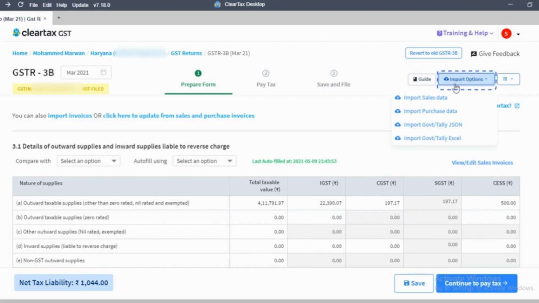Users can import the sales purchase data via government template, ClearTax template, or by using Tally Connector, Tally Excel, e-commerce template, type in and copy paste, or by using their own template and custom map, or import via JSON. Users can import government or Tally JSON as well, and users can import government and Tally Excel as well. The same options to import have been provided here.